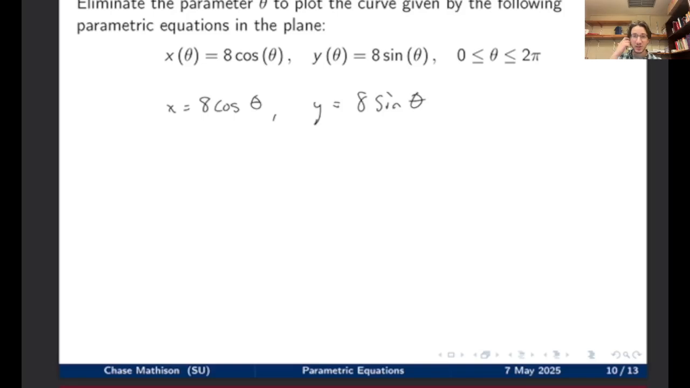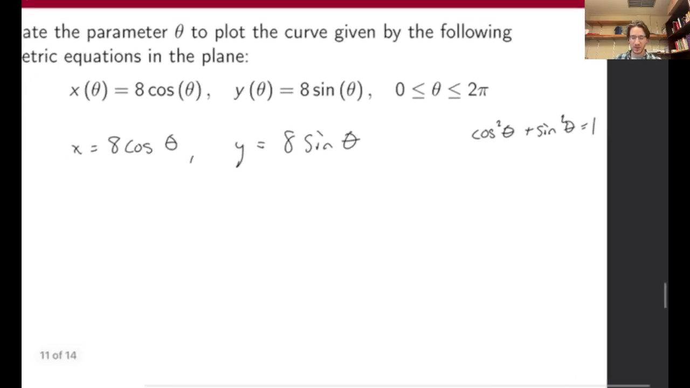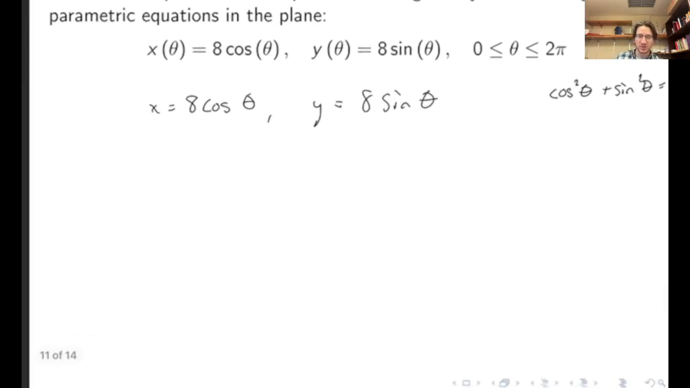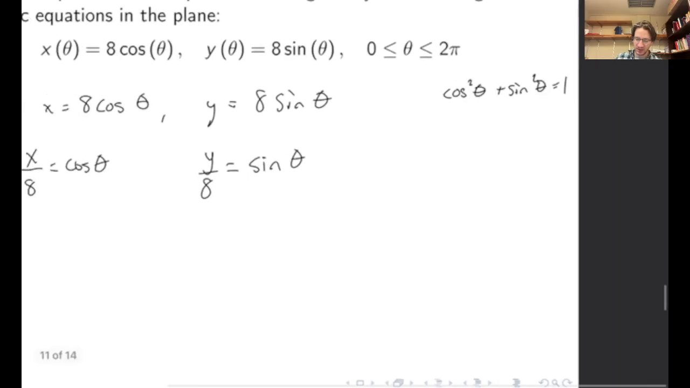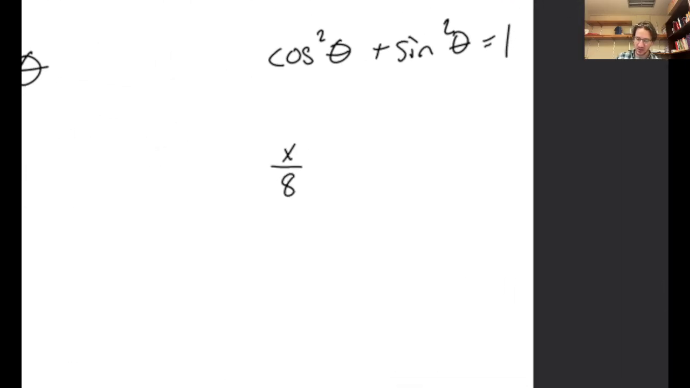I again want to use the Pythagorean identity, cosine squared theta plus sine squared theta equals 1. That's what I want to use. So I'm going to divide both sides of the first equation by 8, I get x over 8 equals cosine of theta. And divide both sides by 8 over here too. And so this tells me cosine of theta is x over 8. So I get x over 8 squared plus sine of theta, which is y over 8,